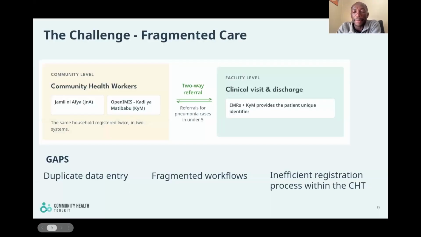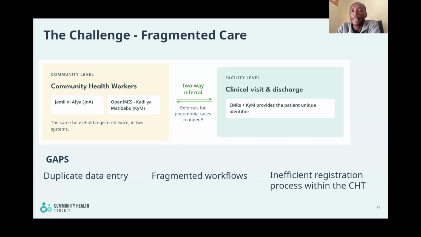Yeah, so our presentation is on the enhancements we have made in CHT to enable interoperability workflows in Zanzibar. I'll start off by providing some background about the existing systems. In Zanzibar, the Ministry of Health has been working quite closely with partners and also a couple of stakeholders to digitize a couple of health services. This is just to promote universal health coverage and make sure that everyone can access care